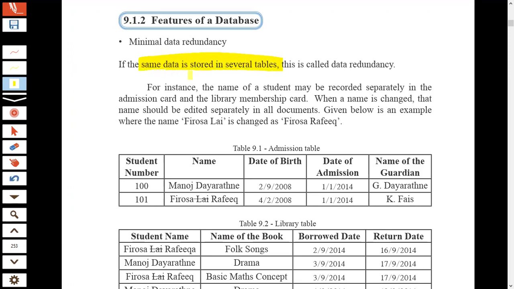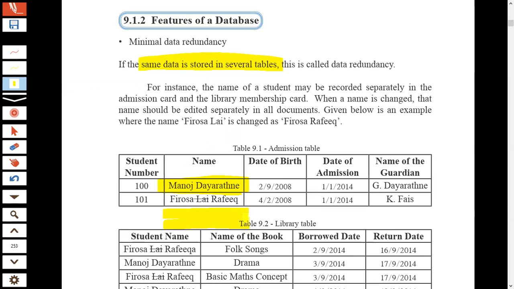Not only in several tables, redundancy can be within the same table. Redundancy means repetition of data. Let's say there is a name in this table called Manoj Dayaratna. If we use Manoj Dayaratna again and again here, that would be redundancy in the same table.